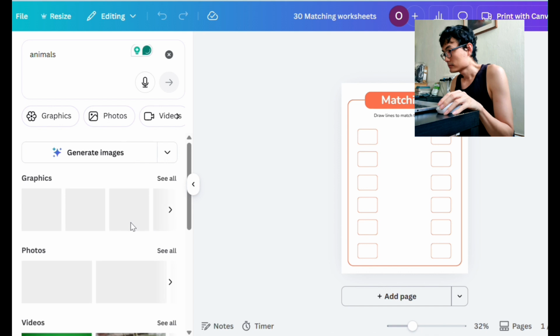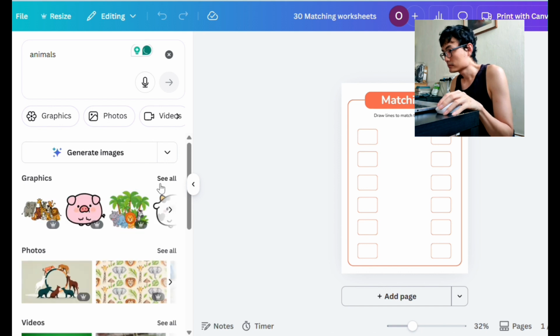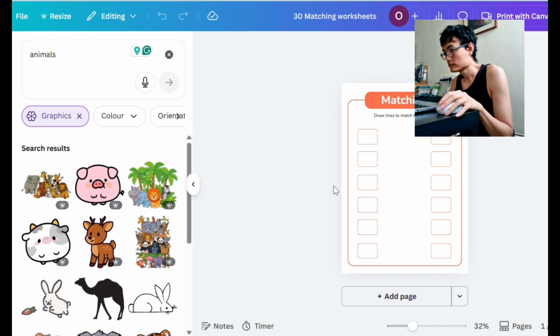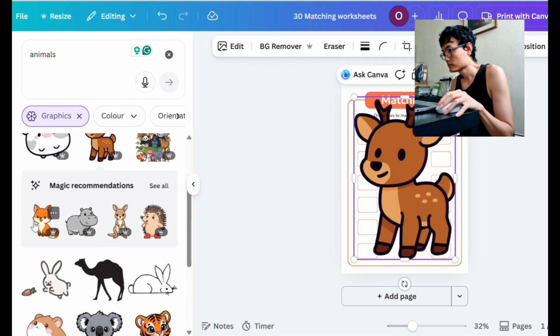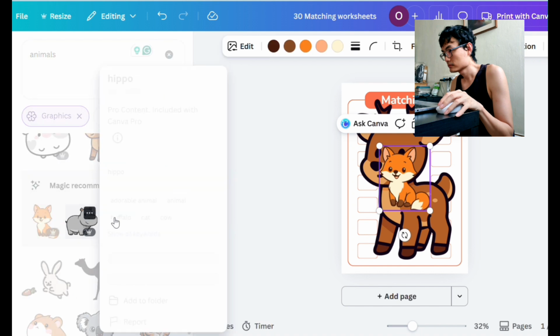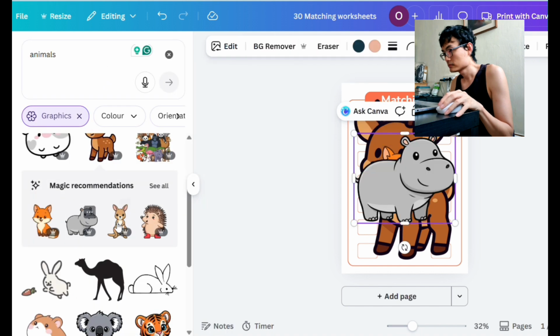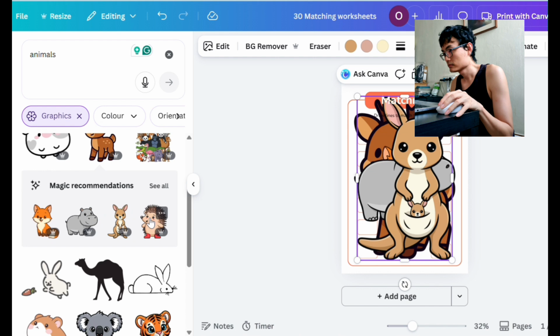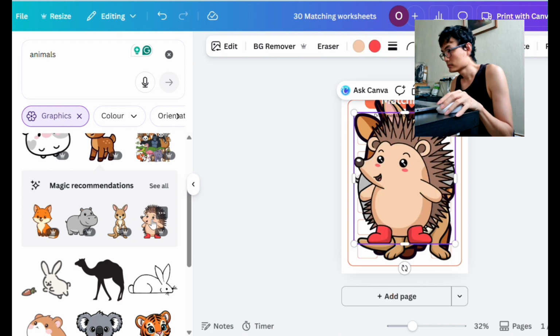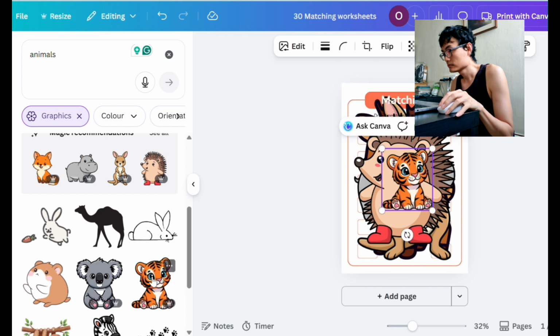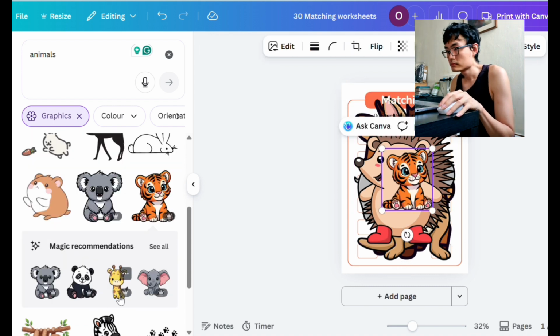And the good thing about Canva is that there's a lot of templates that you can use. So I'm going to start by choosing my first animal, deer, fox, hippo, kangaroo, hedgehog. I think that's a hedgehog. I'm not sure. A tiger